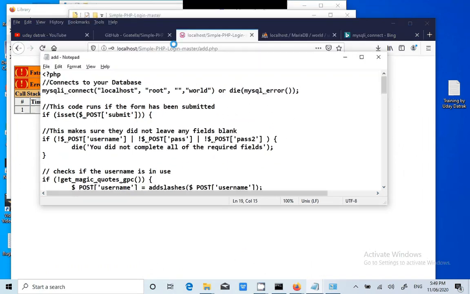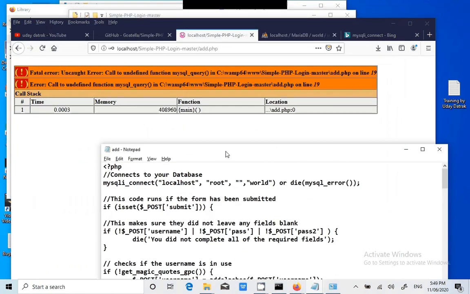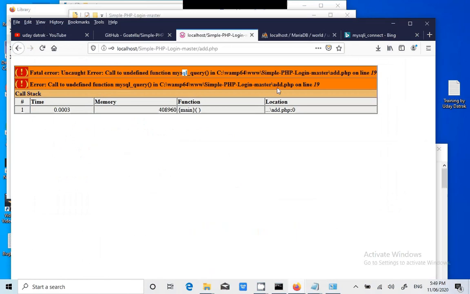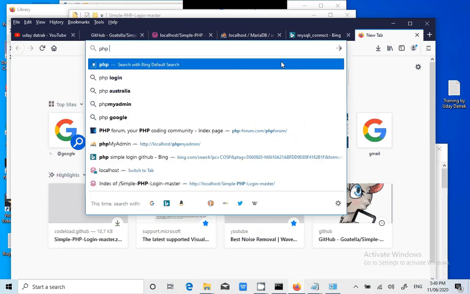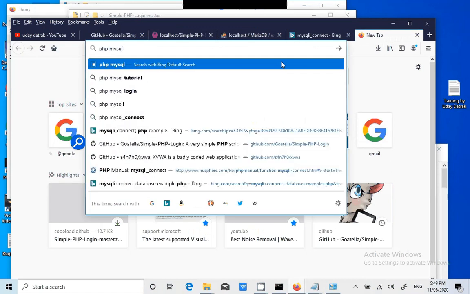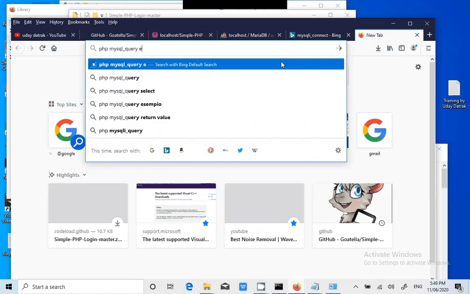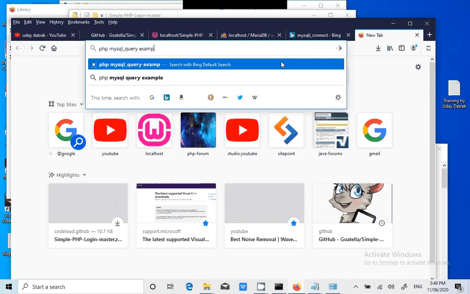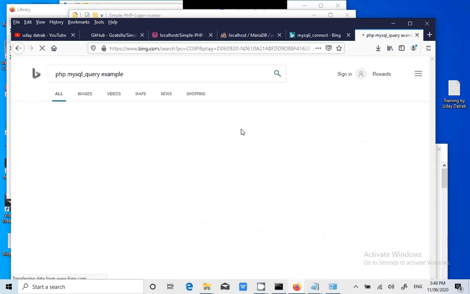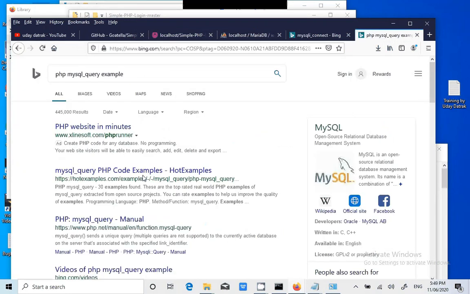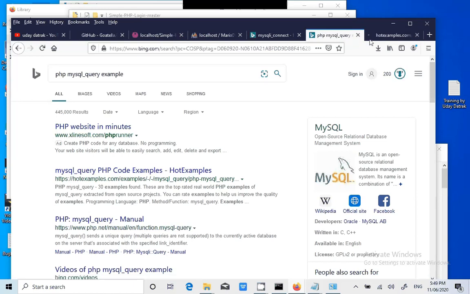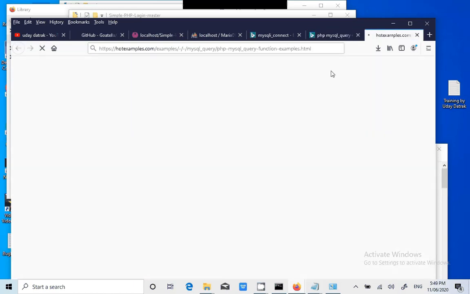Maybe it's something like undefined function, call to undefined function mysql_query. So, PHP mysql_query examples. Maybe it's very outdated code. Okay, we'll just change that particular code by looking at an example.